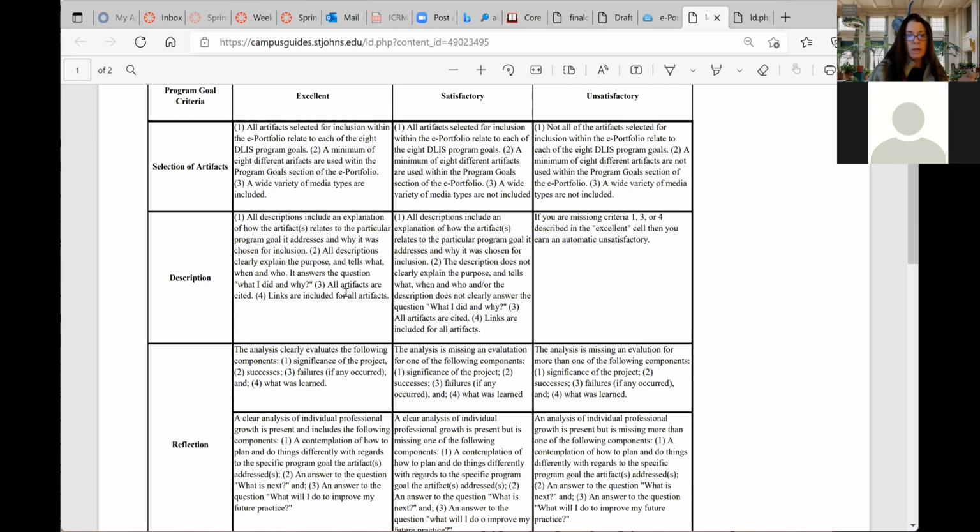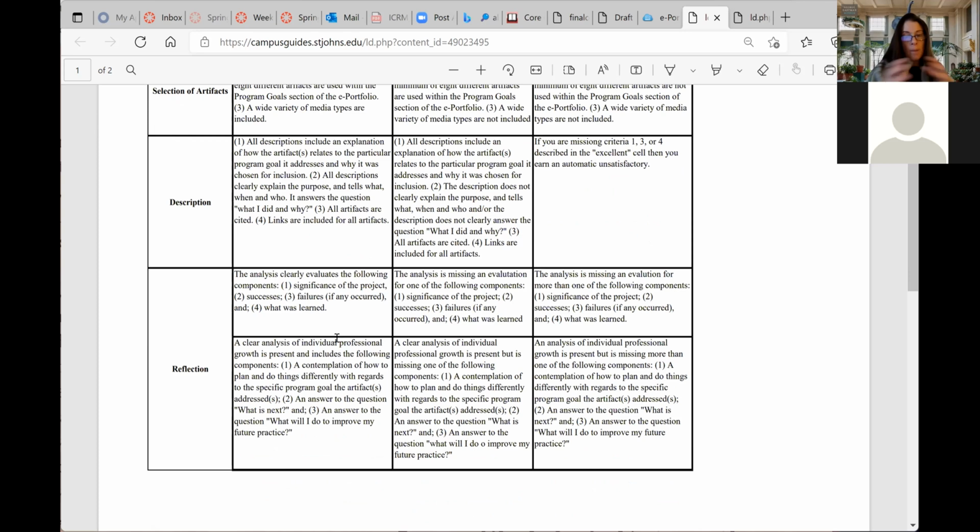So you want to clearly explain the purpose of the artifact and what, when, and who, and it answers the questions, what you did and why you did it. And then for the reflection statement, which is a separate component of your ePortfolio, but within that same page, I'll show you Luke's in a minute,